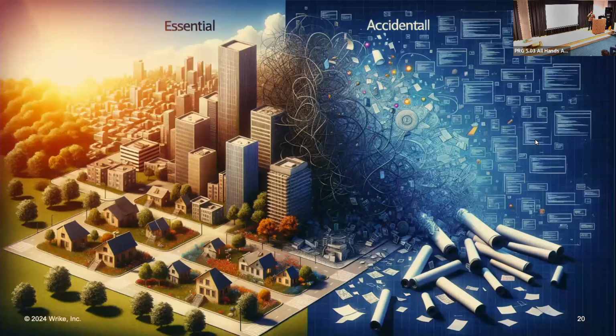At Wrike, we actually address both problems now. With product and UX people, we work on simplifying our conceptual model to make the product simple for users and for ourselves. And in engineering, with engineers and with engineering managers, we address the accidental complexity problem, which is the focus of today.